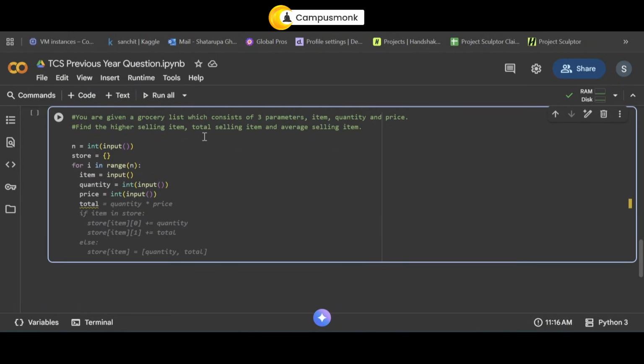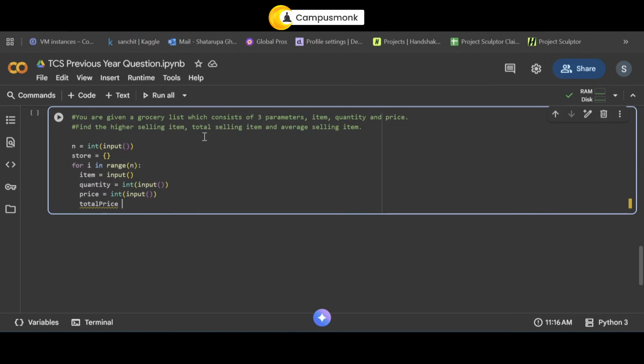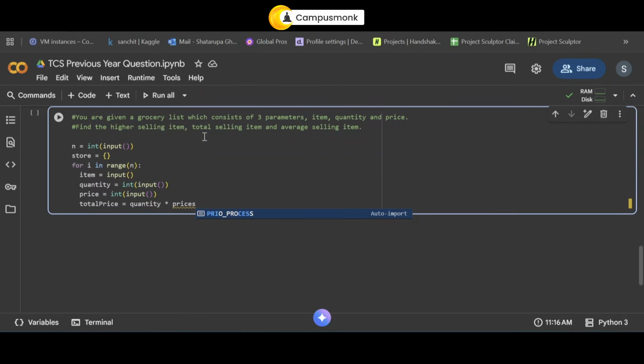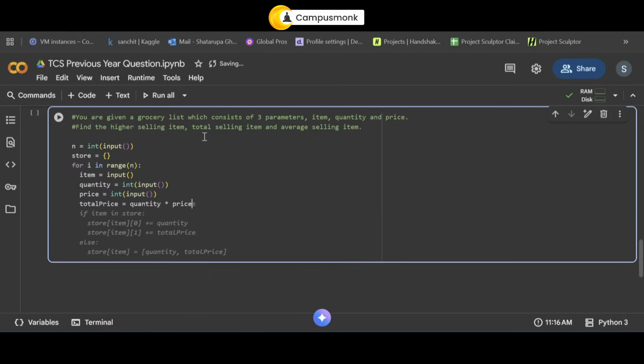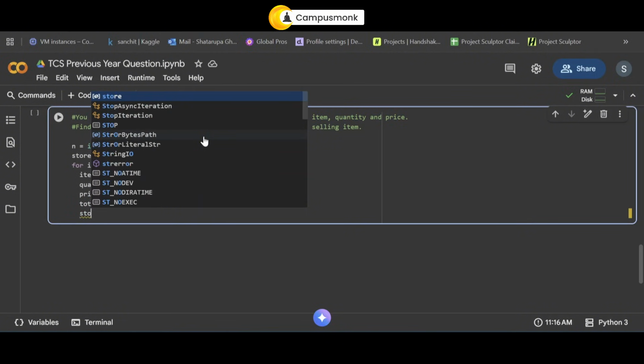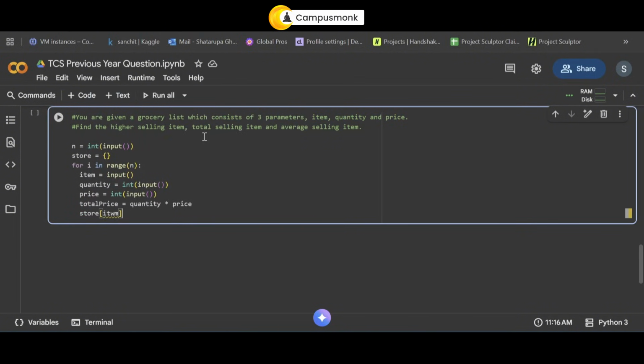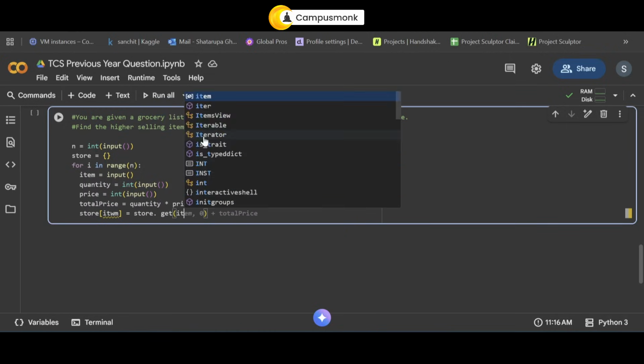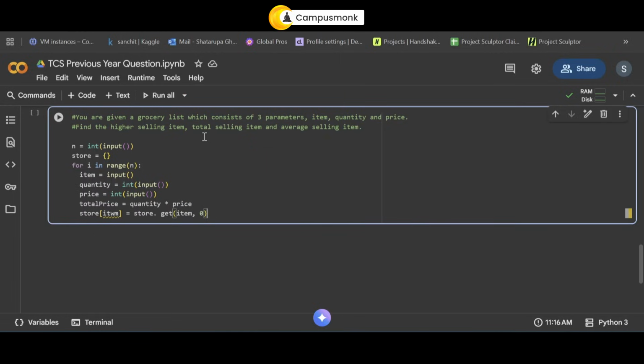Okay, so once we are done with this, we will go ahead for the total price, which is equal to quantity times the price. Okay, once you're done with this, you are going to do store items, which is equal to store dot get. How will you do this? The get function uses item by 0, okay, and then you will do total price. Okay, I made a spelling mistake. All right, so once this is done,